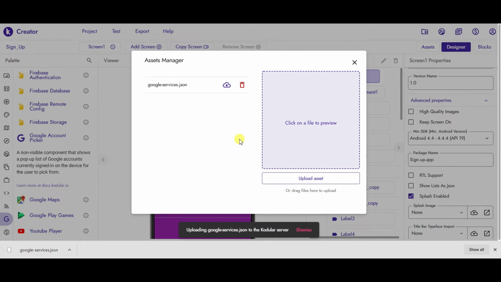So if you don't upload this JSON file in Cordula, your Firebase authentication will not work. So downloading the JSON file in Cordula is very important.